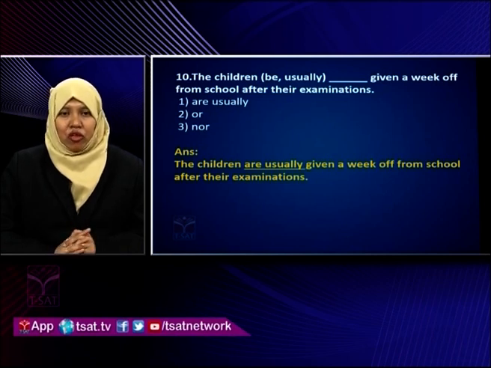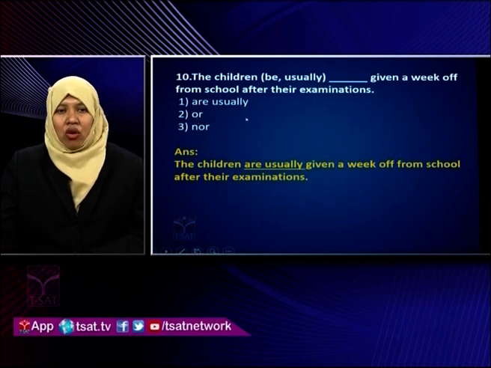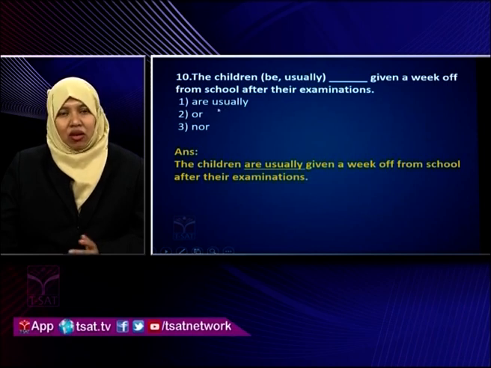You know what the be form of verbs are. Here the options given are "or" and "nor". So "or" is not a be form of verb, nor is "nor". You know the be form of verbs are is, are, am, was and were. So here the option "are" is given. So option 1 is the correct option.